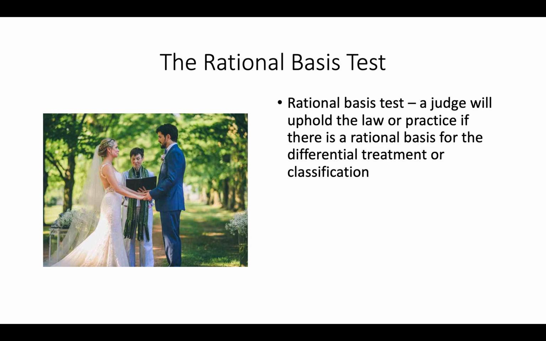This is the exact same thing. There's a rational basis test: you have to be a certain age in order to make good decisions, so therefore you need to be a certain age in order to get married. Also, rational basis test. You have to be a certain age to get your driver's license because as you get older, you mature more and you can make better decisions. So the idea is by age 16, you are able to make those decisions. Rational basis test.